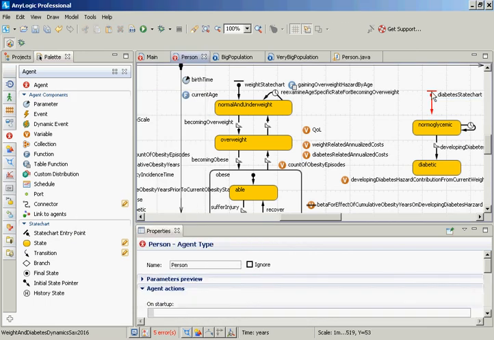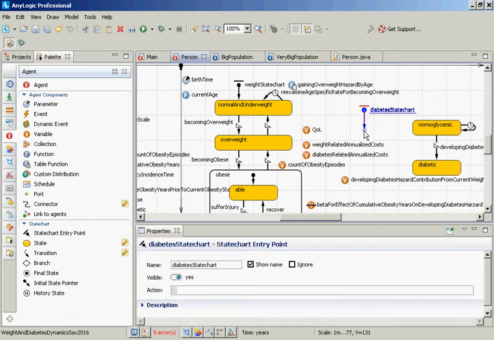Now we're going to put in place a mechanism for them to start either in the normal glycemic or the diabetic state. So to do this, ladies and gentlemen, we'll go over here to the right, and I know Jeff